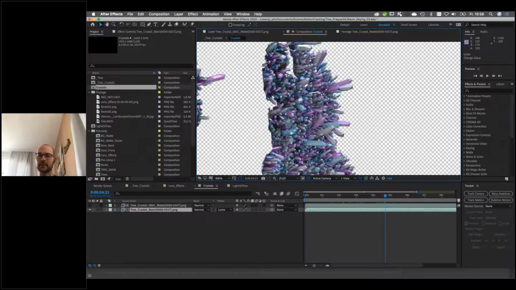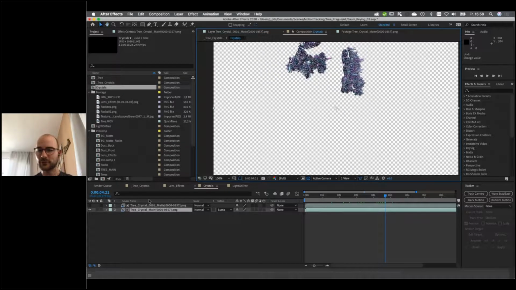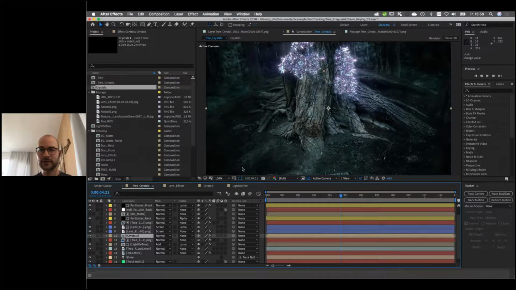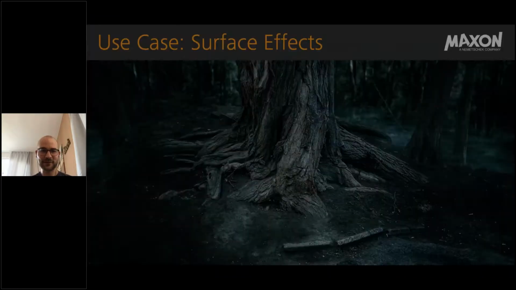Okay. Yeah, that's basically everything I wanted to show. Actually, I wanted to show one more thing, but it's just how I created the lens dirt here. It was just by using fractal noises and a lens blur. So that's a very easy thing. And yeah, as I told you, I promised not to overrun this session. So I will jump back into the keynote